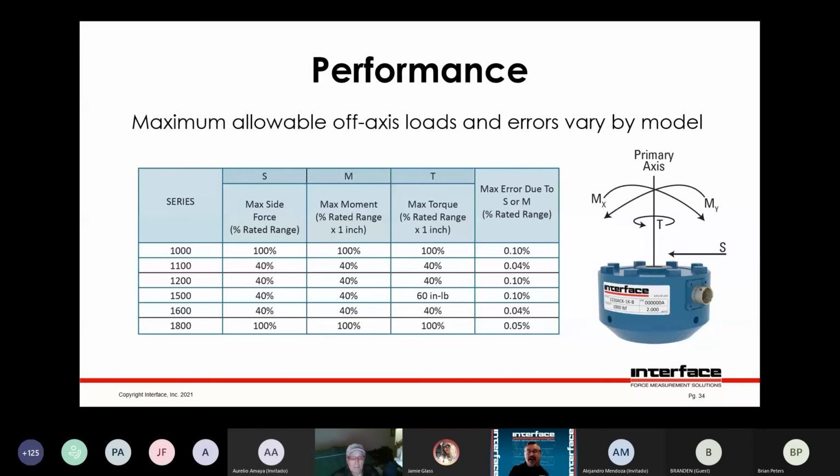Because we understand these effects and test for them, we can state with certainty that the maximum errors under certain conditions will be not to exceed certain amounts. So this is a table showing different models of load cells and basically the maximum allowable extraneous loads and the maximum error you could be expected to see from those. And you see here the numbers are well down into the 0.1% range, whereas, like I said, some other load cells you could have 5 or 10% error, so they could have a very dramatic impact on your measurement.